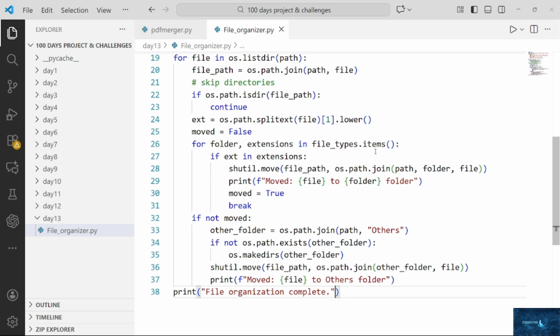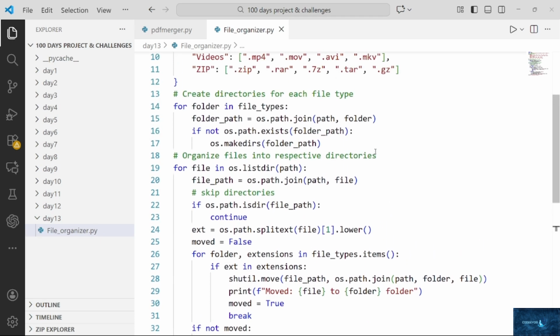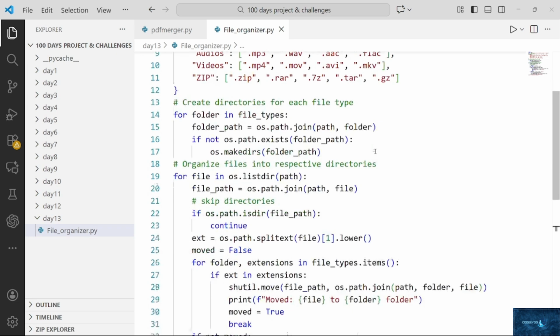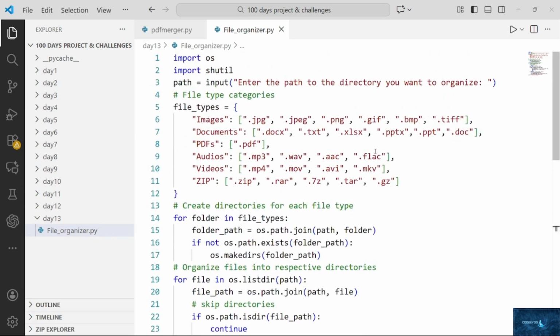Okay, so this is the total code that we have written. Within 38 lines of code, we moved all the files in a single run. Okay, whenever you want, you can use this code, and